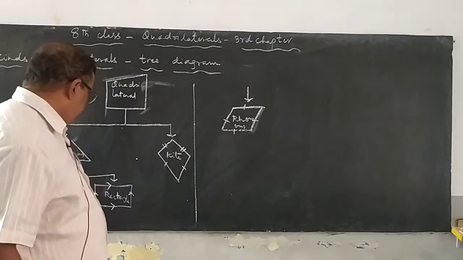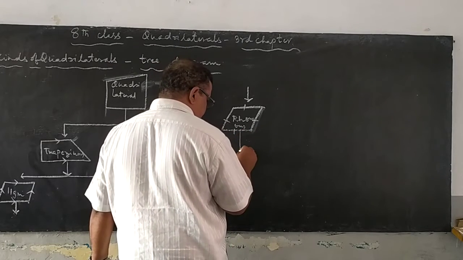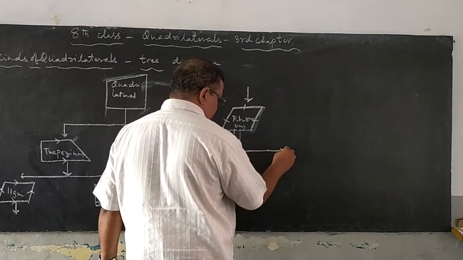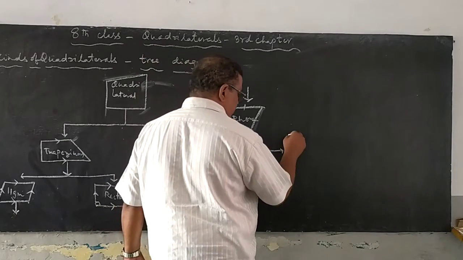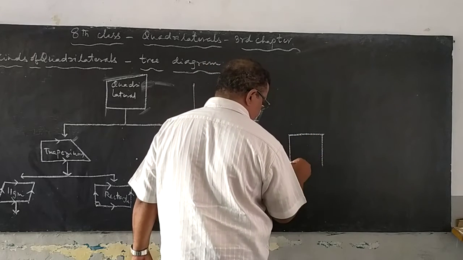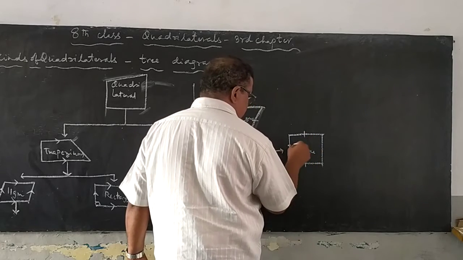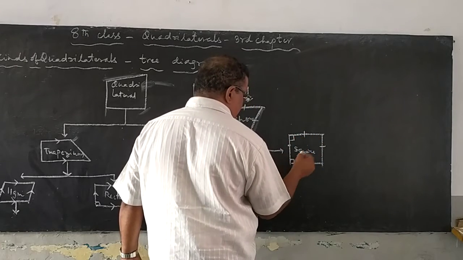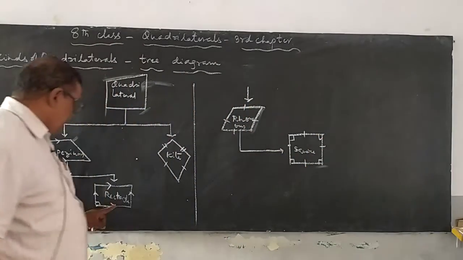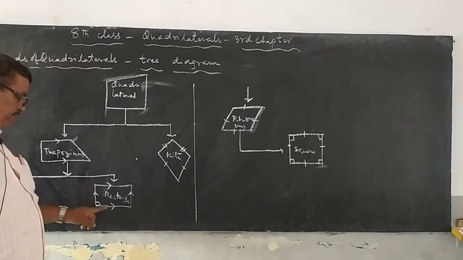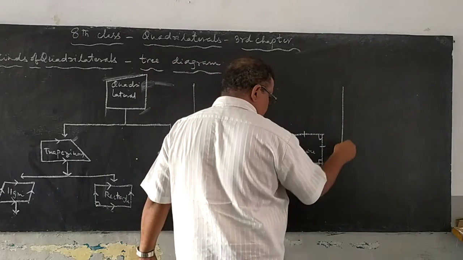Now, if we segregate the rhombus, a rhombus in which one of the angles is 90 degrees, that should be what one? Square. Square properties we already discussed in the last class. All sides are equal, all angles are equal, that should be what one? Square. A rectangle in which any pair of adjacent sides are equal should also be a square.